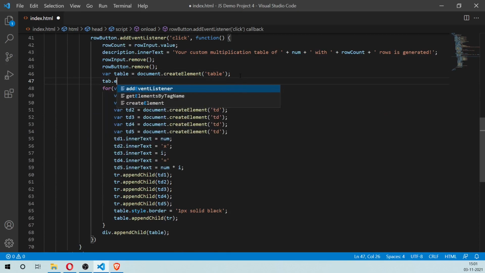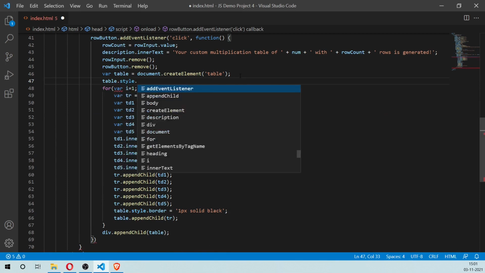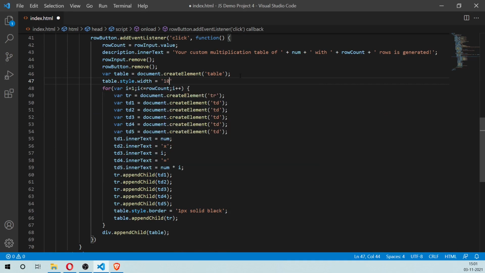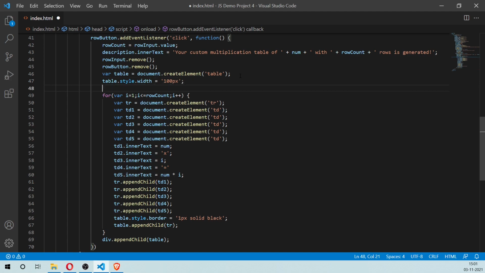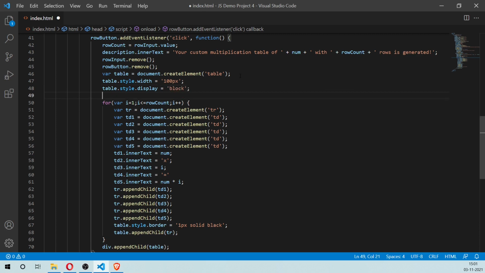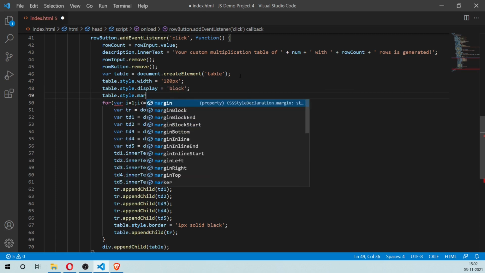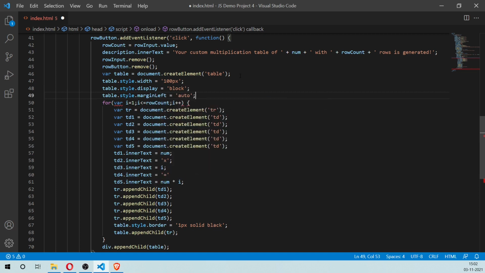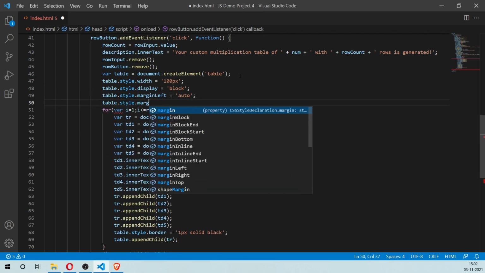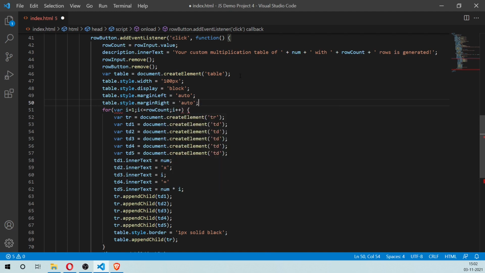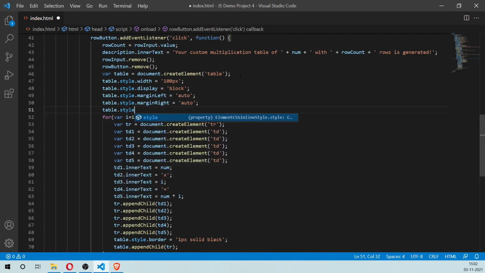So table.style.width equals 100 pixels. table.style.display equals block, and table.style.marginLeft equals auto. table.style.marginRight equals auto, and we can also give it a background of a certain color.